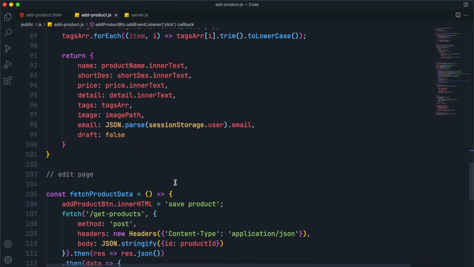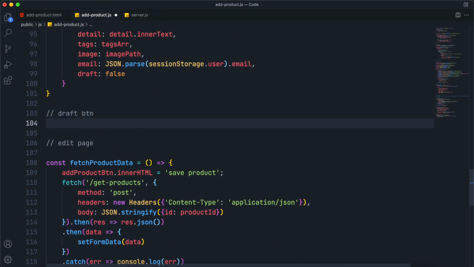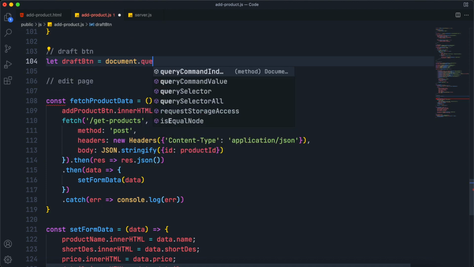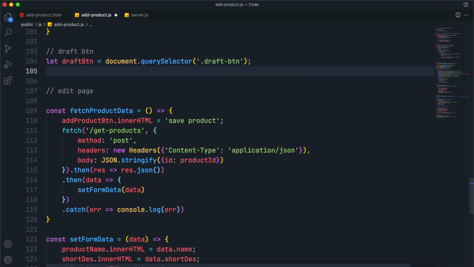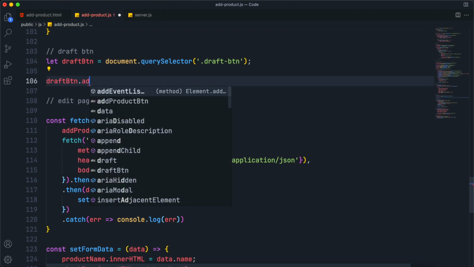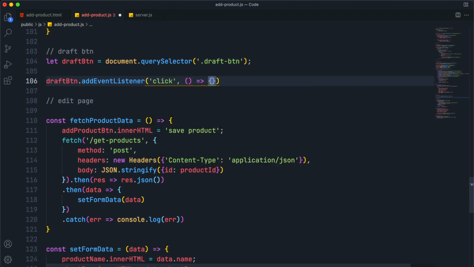So our save draft will basically work the same as our add product, but instead of validating the form, it will just simply save the data to our backend. So first of all, select the draft button using query selector, and once we get the draft button, add a click event to it using add event listener, and inside it,